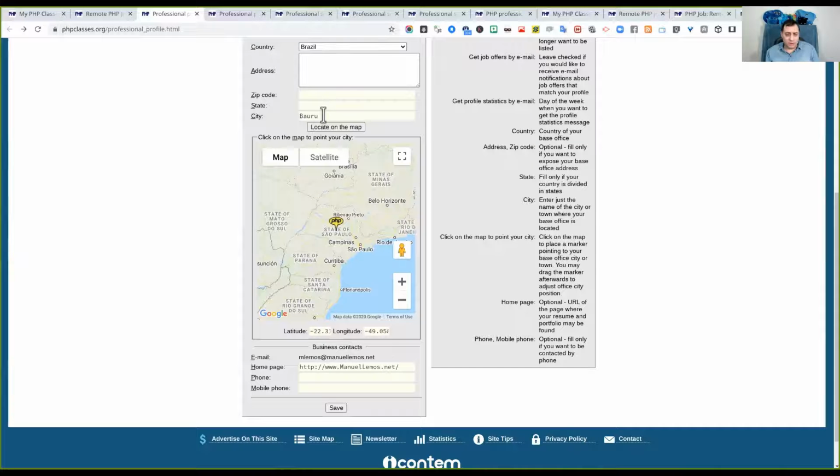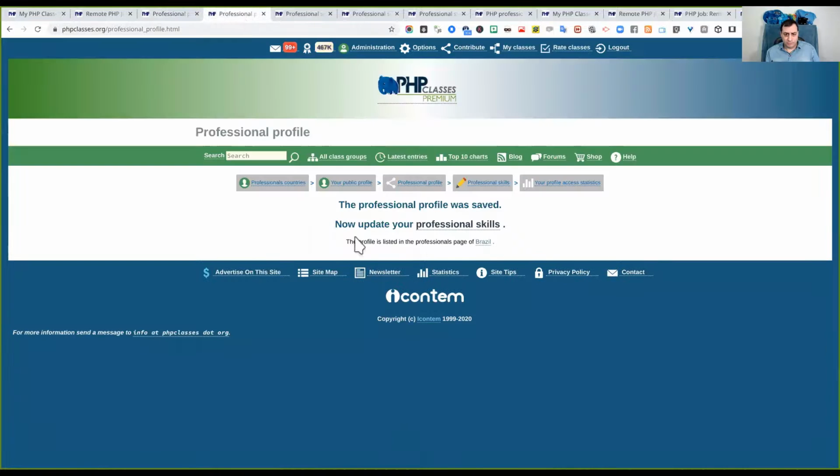The city is just a matter of putting you in a specific place on the map, and that will be available with all the developers that work in your country, your region. You can also put a home page, mobile phone, or regular phone if you have one. Then you just click save, and then you move on to the